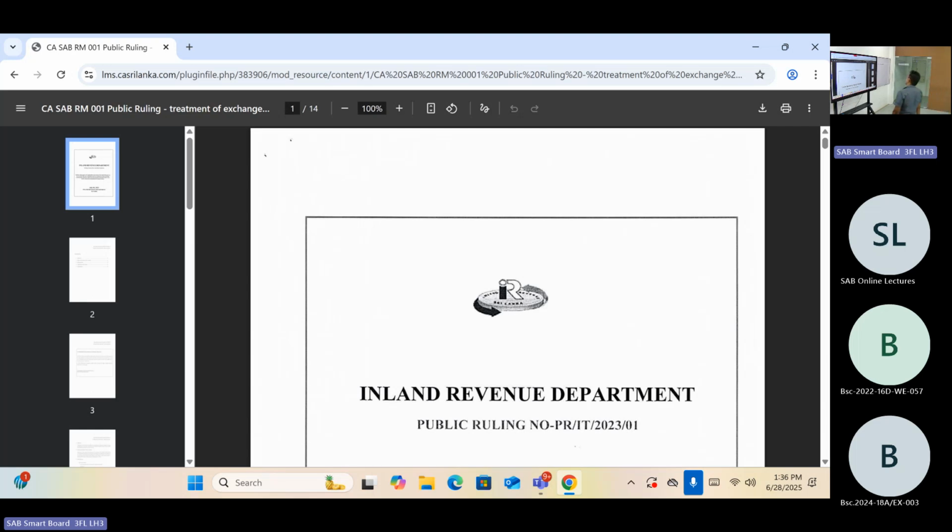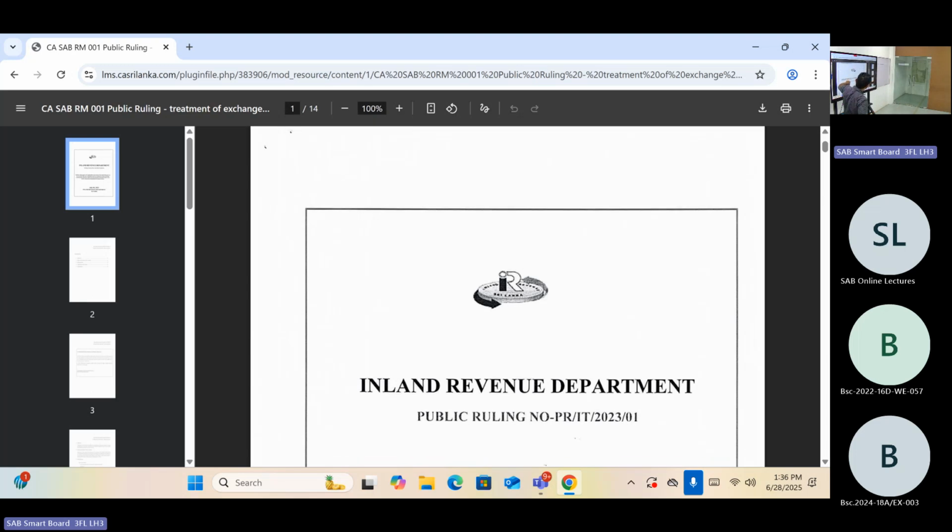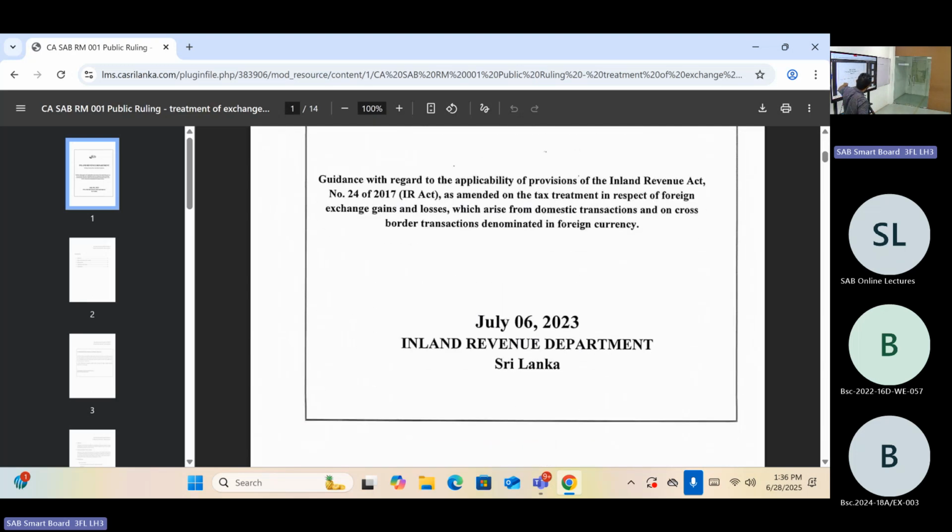So this is about how the tax treatment needs to be done in connection with exchange gain or loss. The Commissioner General of Inland Revenue has issued a ruling. There are basically two types of ruling: private ruling and public ruling. This is a public ruling, applicable to all taxpayers, right? As per the ruling, they have given a definition for